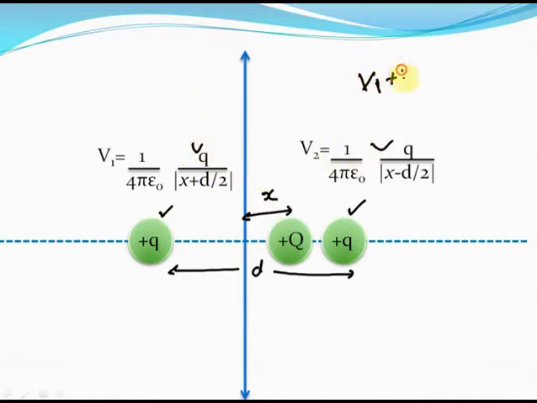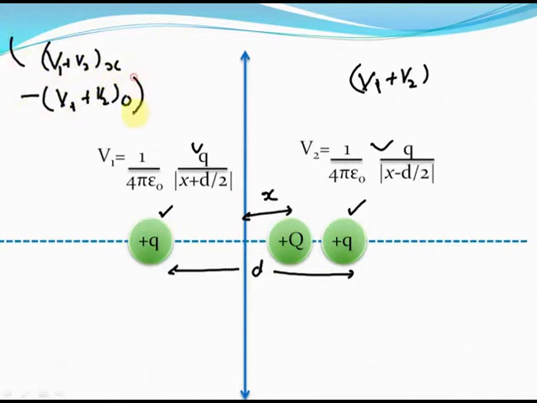Now to calculate the potential energy change in charge plus q, we can calculate the value of V1 plus V2 at x, and we can calculate V1 plus V2 at the origin. Then the difference between these two potential values into the charge capital Q will be equal to the change in potential energy, isn't it? And that will be our answer for this question. So let's try to calculate this difference by calculating the potentials of the two charge system at the point that's at a distance x from the origin and at the origin.